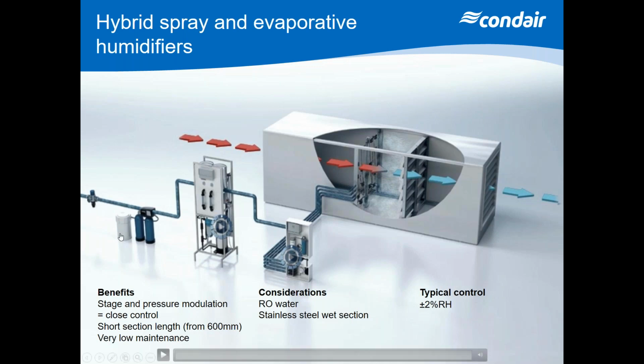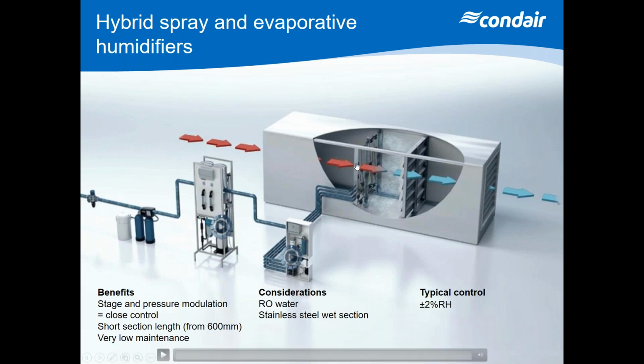So here we have in our schematic a water softener, the base exchange water softener, where we're taking the calcium out and replacing it with sodium. And that extends the life and increases the efficiency of the RO plant. That water then goes to a hygiene unit, and then it goes to an array of nozzles that's mounted inside the air handling unit. And here we have many, many more nozzles in this array. We've got so many nozzles on there that we can have up to 31 stages of control, which gives us a very fine amount of modulation. So it will give you plus or minus 2% RH control,